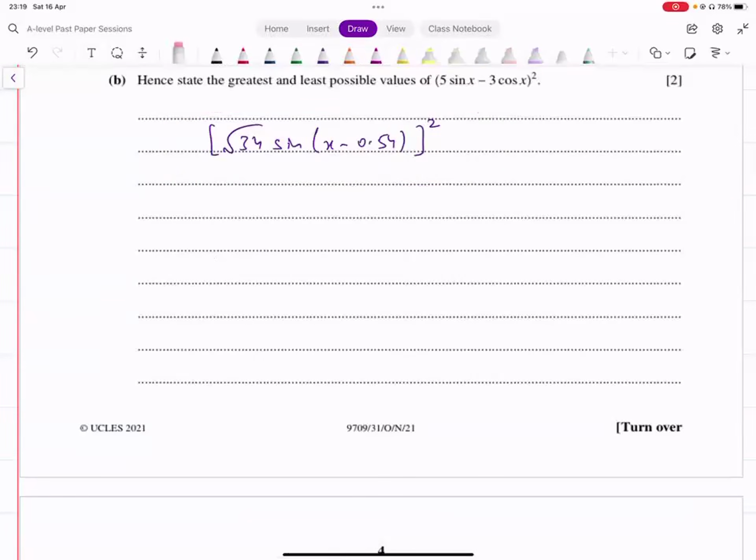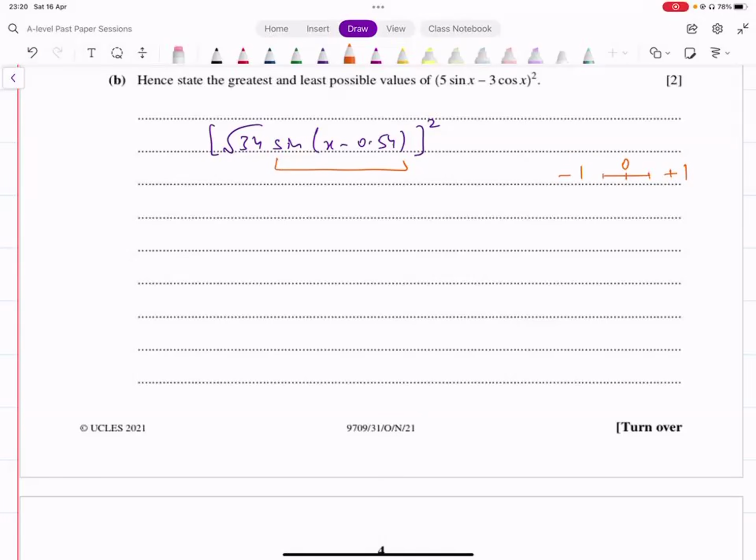ठीक है, अब हम क्या करेंगे, अब हम देख लेंगे कि इस फंक्शन की ग्रेटेस्ट और लीस्ट पॉसिबल वैल्यूज क्या हो सकती है। ग्रेटेस्ट लीस्ट पॉसिबल वैल्यूज ट्रिग्नोमेट्रिक फंक्शन साइन और कॉस जहां पर आते हैं, हम कैसे निकालते हैं। हमें पता है कि साइन की वैल्यू -1 से लेकर +1 तक होती है। ठीक है, तो इसकी जब ग्रेटेस्ट और लीस्ट वैल्यूज आप देखोगे, आपको एसेंशली 3 पॉइंट्स चेक करने होते हैं। एक तो आप -1 और +1 देखते हो, लेकिन जब स्क्वायर आ जाता है तो -1 और +1 पे तो आपको सेम वैल्यू मिलेगी। आपको एक पॉइंट और देखना होता है, दैट्स राइट इन द मिडिल,